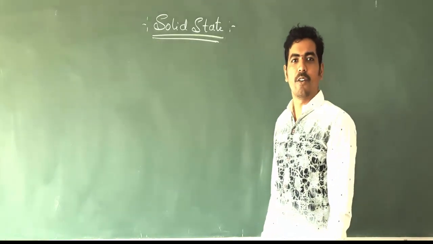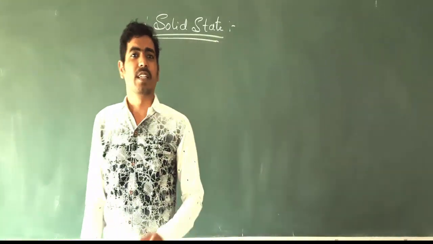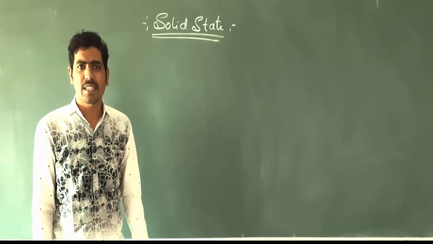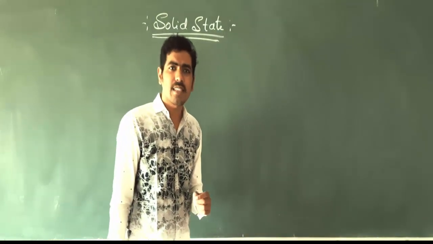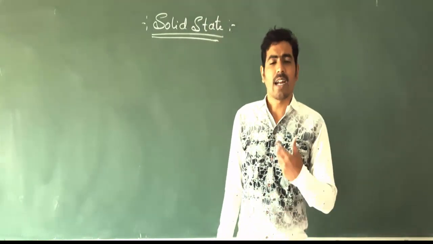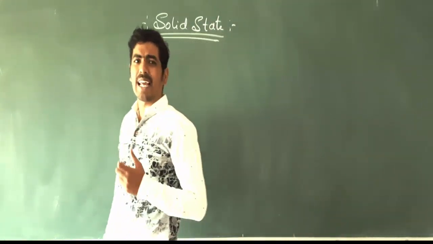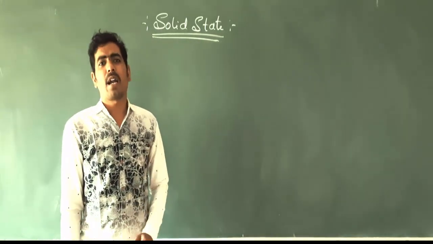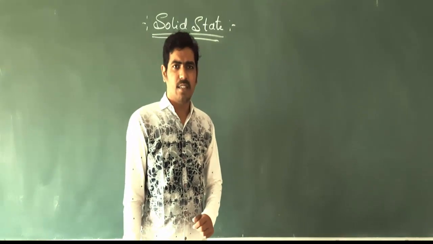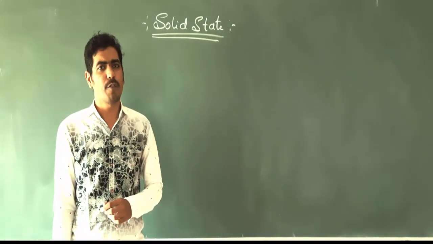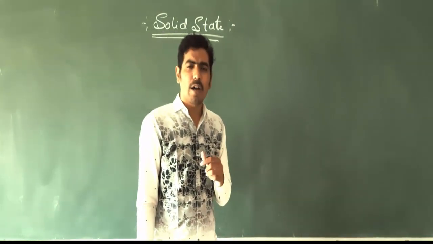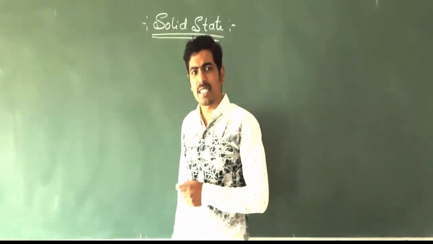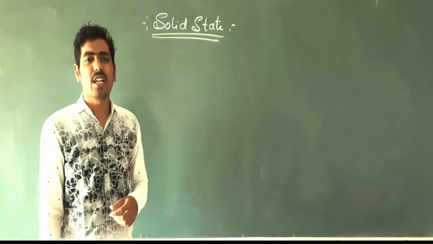So in the previous video we discussed the crystal lattice and the smallest portion of that crystal lattice, which is known as a unit cell. And there you learned some characteristics of the crystal lattice and the parameters of the unit cell. There are totally 6 parameters of a unit cell. Those are alpha, beta, gamma, which are axial angles, and A, B, C, which are named as edge lengths.